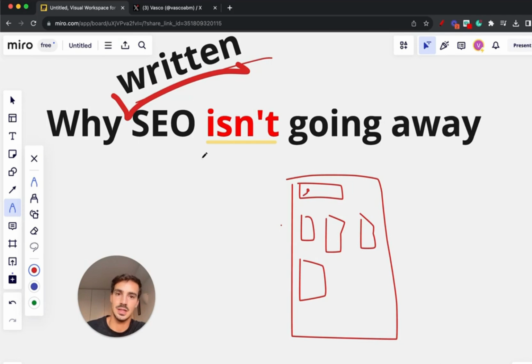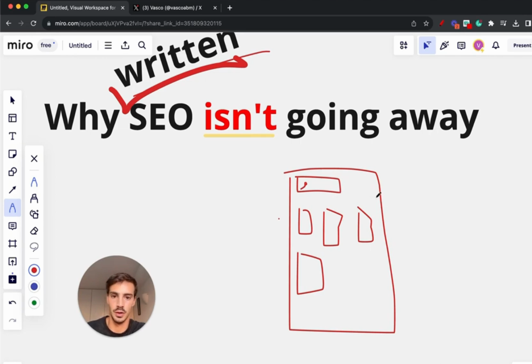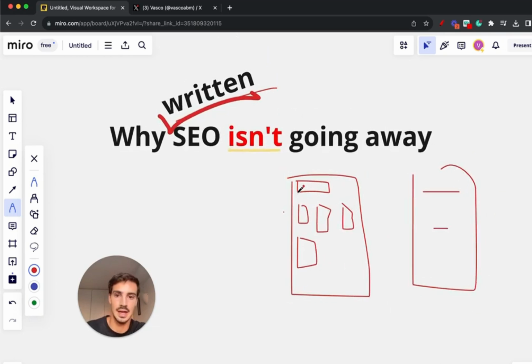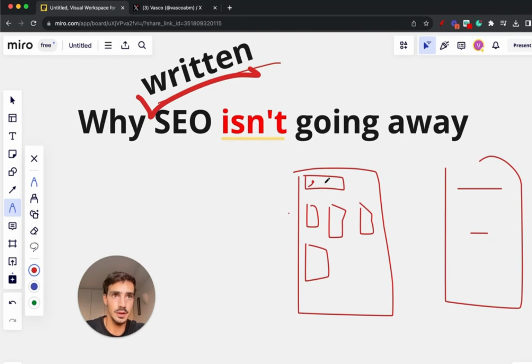It's about social search engines, Twitter, and the most prominent one being TikTok, because people are consuming more and more video content. Instead of typing on Google how to tie a tie and going through an old blog post article that you have to read to understand how it's done, you just go on TikTok or YouTube, and there's a video of a guy doing it in front of you and explaining how it's done. Visual content, right? And that's the argument. A lot of people say that SEO is going away because people are using TikTok as a search engine. And it works for restaurants, it works for essentially anything.